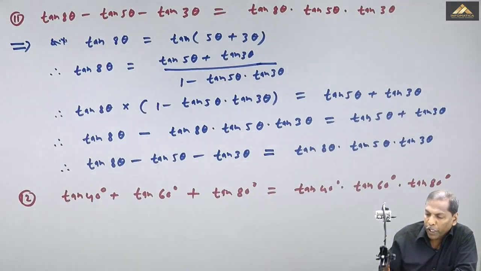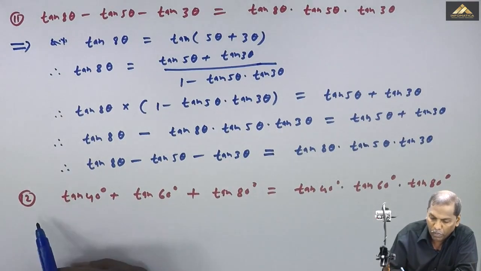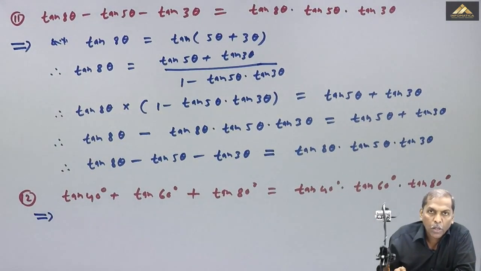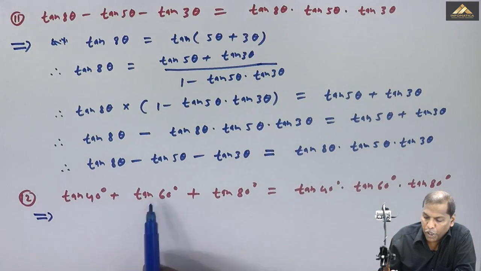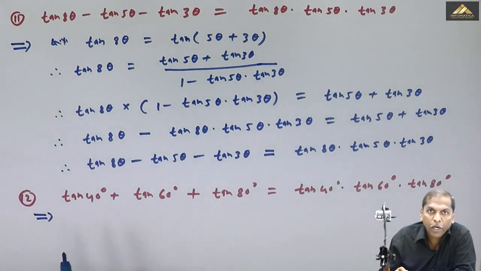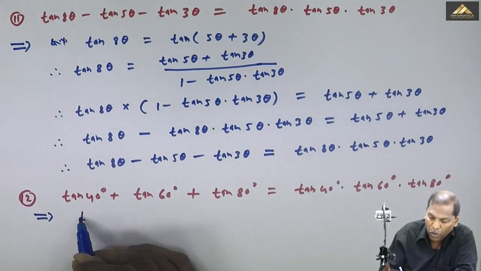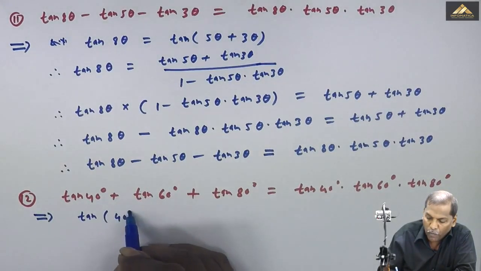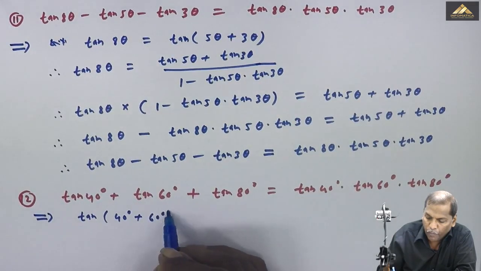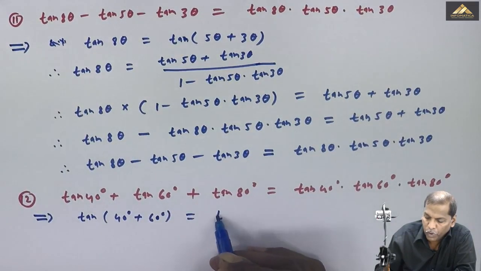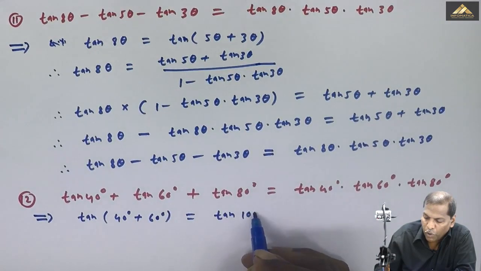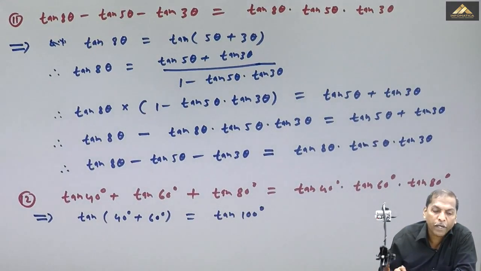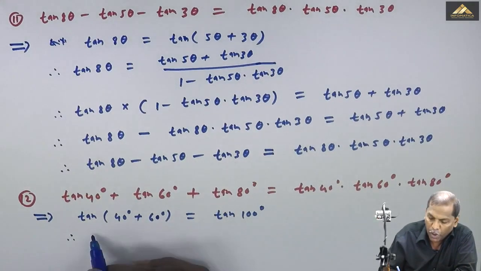अब हम इसका सॉल्यूशन देखते हैं. तो यहाँ पे ऑब्जर्व किया तो 40 प्लस 60 कि जिसका टोटल आता है 100. So we start from tan of 40 degree plus 60 degree, that is equal to tan of 100 degree. Then left में हम फॉर्मूला अप्लाई करते हैं tan a plus b का. So that gives you